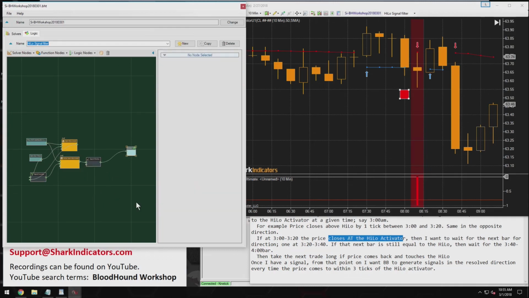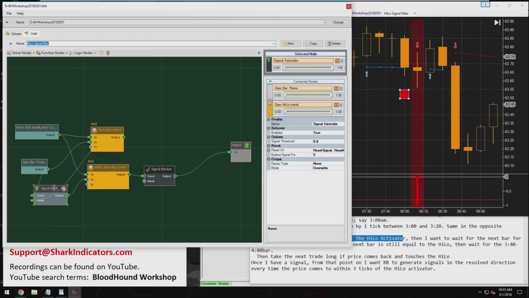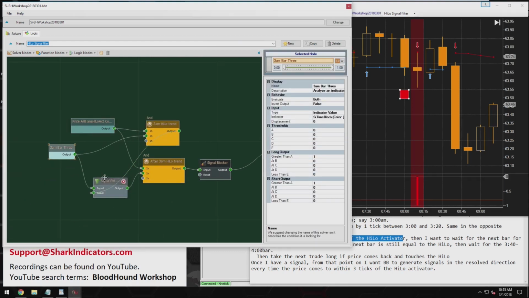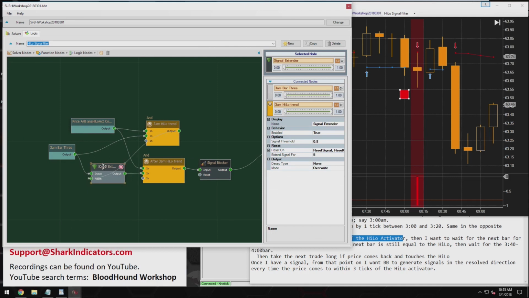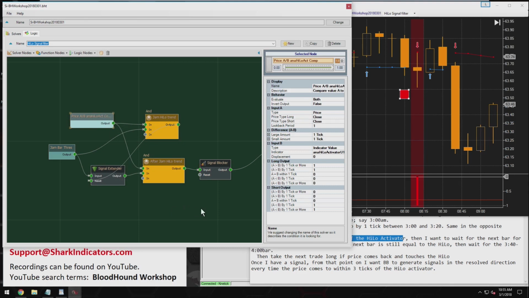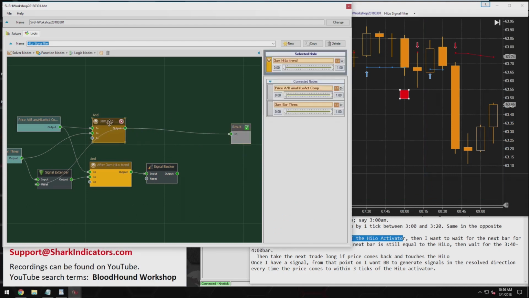All right, so we have quite a bit of logic going on here. So let's clean this up a little bit. And so essentially, the top AND node, this is only checking for